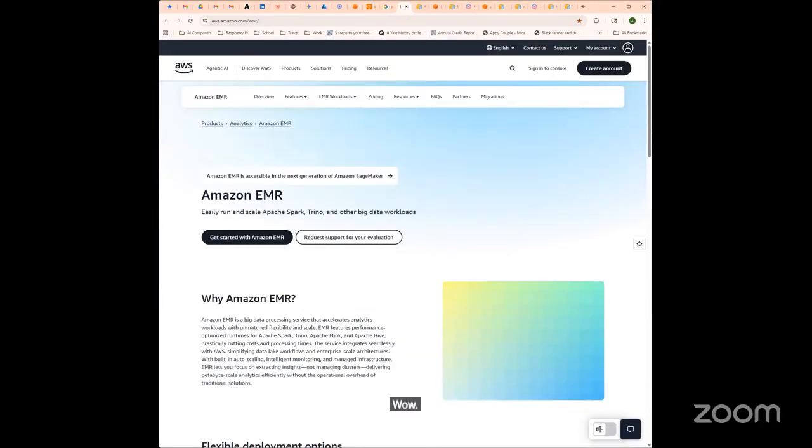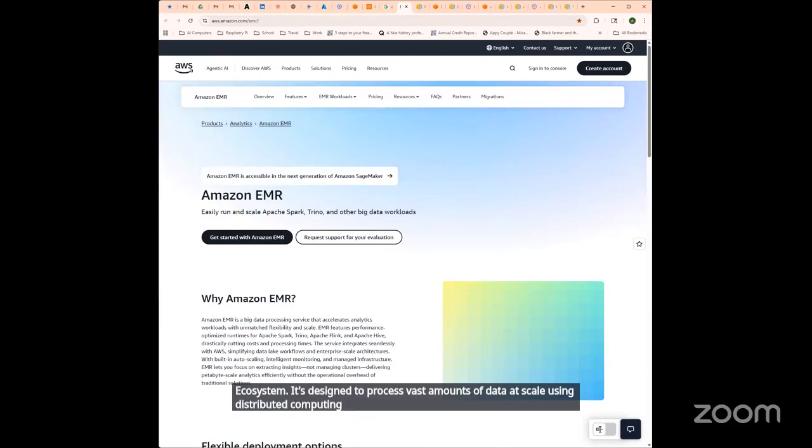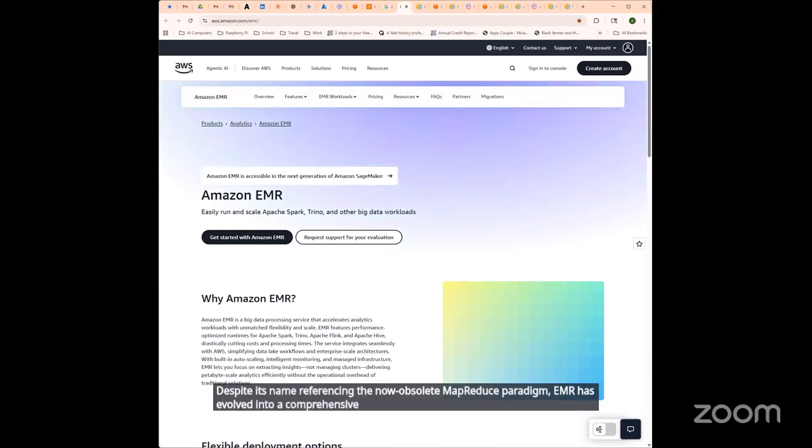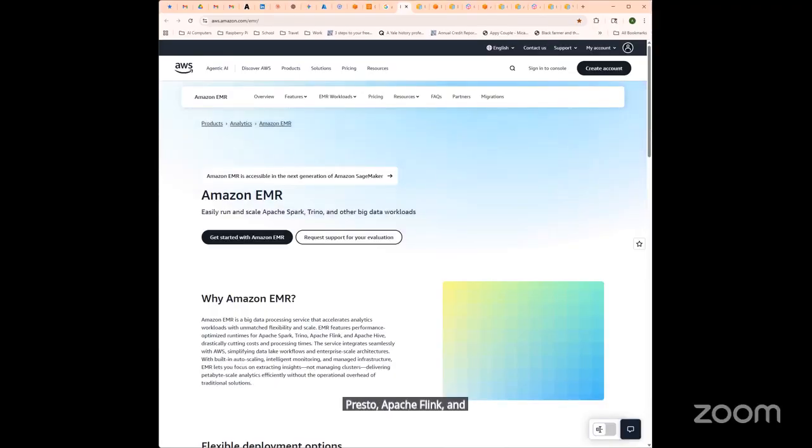Elastic MapReduce represents AWS's managed implementation of the Apache Hadoop ecosystem. It's designed to process vast amounts of data at scale using distributed computing frameworks. Despite its name referencing the now obsolete MapReduce paradigm, EMR has evolved into a comprehensive platform supporting modern big data technologies, including Apache Spark, Apache Hive, Apache HBase, Presto, Apache Flink, and other frameworks essential for machine learning data prep